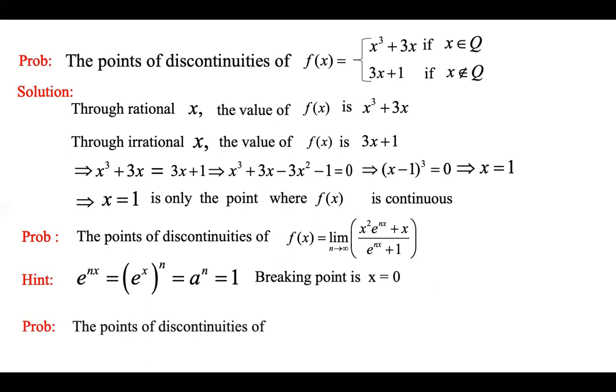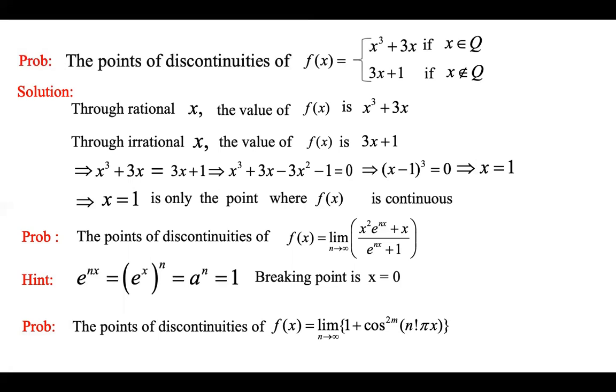The points of discontinuities of f(x) = limit as n tends to infinity of 1 plus cos to the power 2m of (n factorial pi x). Here you can observe clearly that as n tends to infinity, n factorial is 1 into 2 into 3 and so on up to n. So in that pi x, if x is a rational number, in p by q form, that q will get cancelled with this n factorial. That becomes cos of integer times pi.